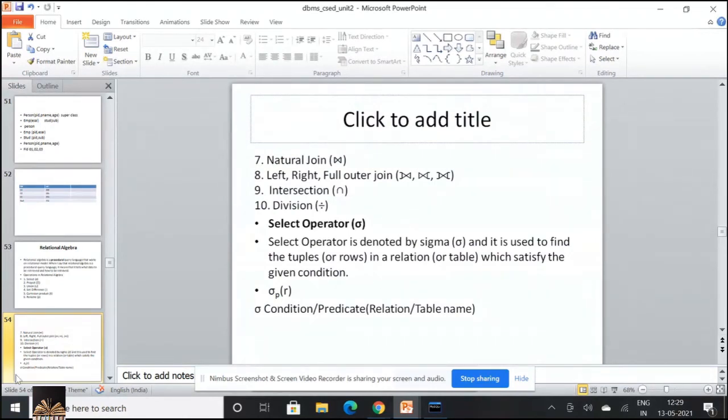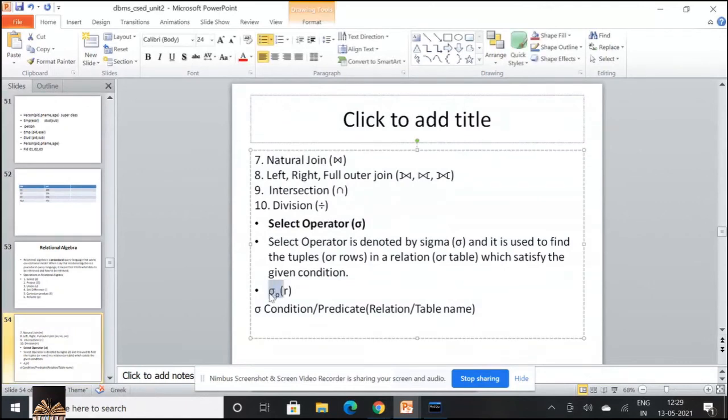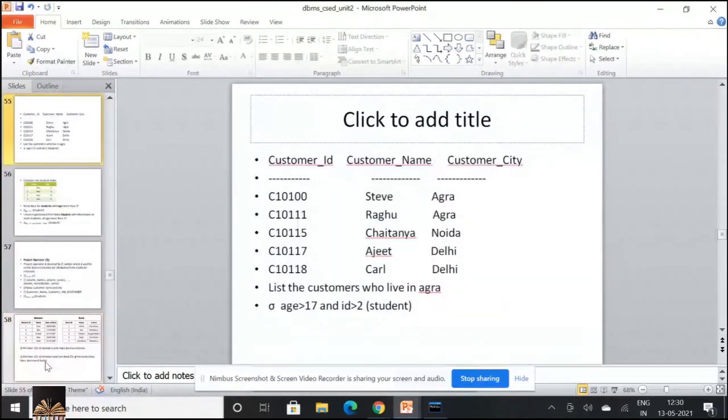Usually the general form is sigma p of r, where sigma is the symbol for the selection operator, p is the predicate or condition, and r is the relation. You can even write this way: sigma condition or predicate from a relation or a table name.